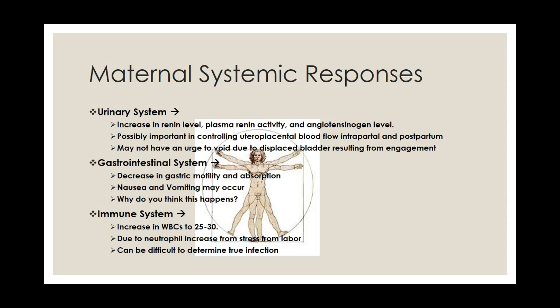The immune system has an increase in white blood cells, from about 25 to 30, is what we find in laboring women. And this is due to a neutrophil increase from the stress of labor. We all know that stress does crazy things to our body, and one thing that stress will do is cause your white blood cells to increase. So it can be difficult to determine if moms have a true infection,